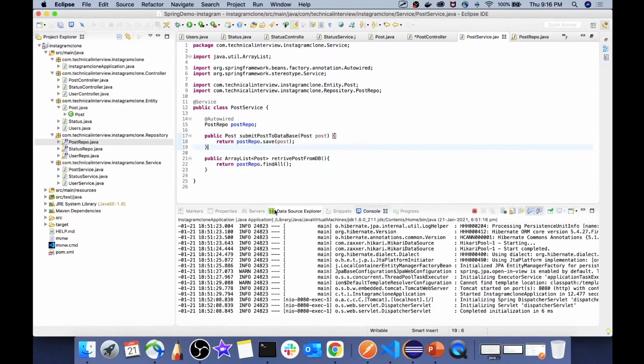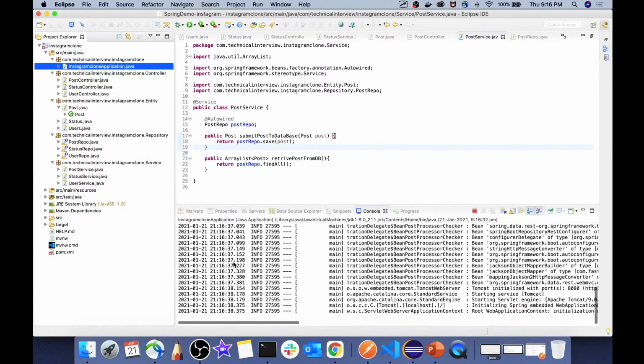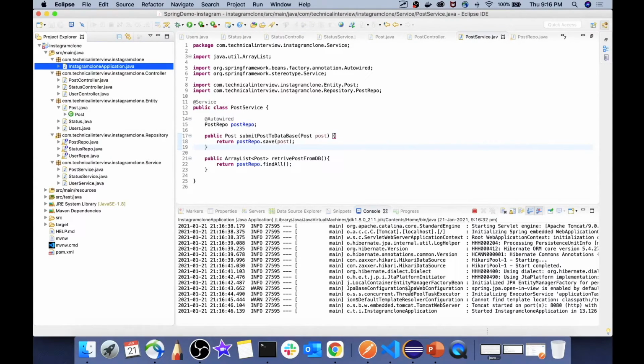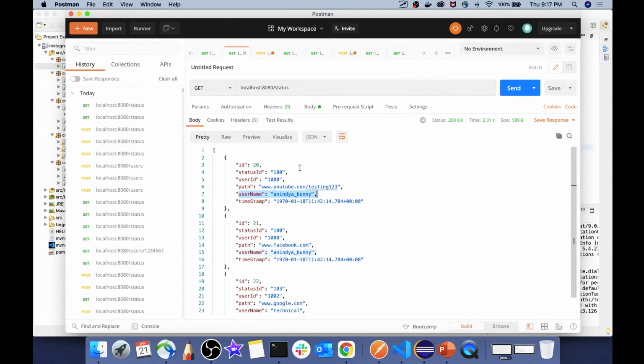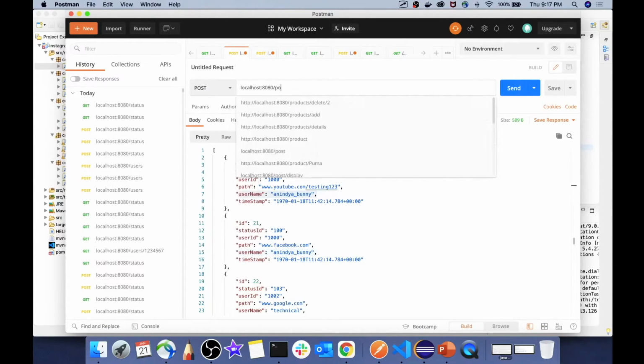Now let's build this project and let's test whether everything is working end to end or not. So I will restart the server and I will test that in our Postman service. So our project is running successfully. Let's test it out in our Postman. So the first functionality that we will be testing over here is the post functionality for our post service. So let's change it to post and over here let's change this to /post.